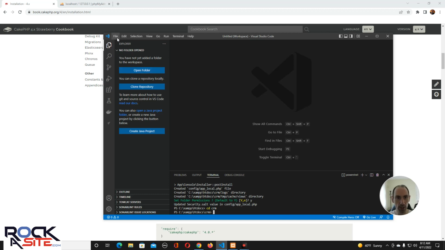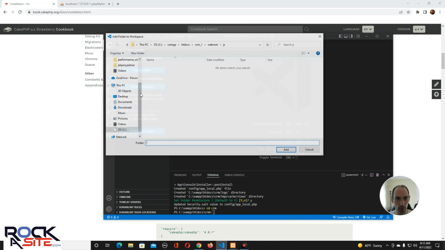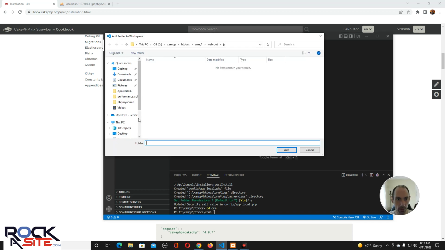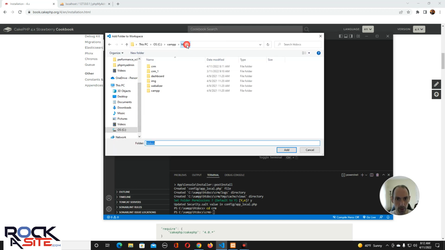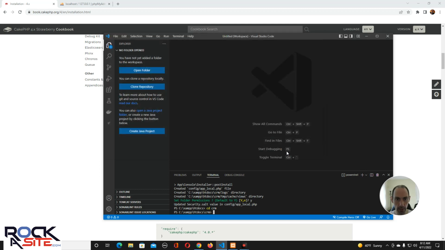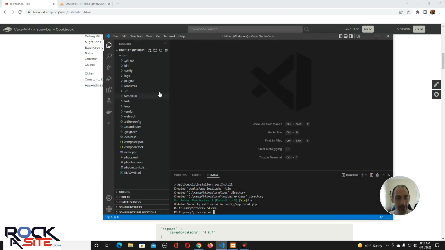So, one of the things we have here is we want to add the folder to the workshop, which is the CRM folder. Let's go over to CRM. So we're going to add that. Yes. And if you look, there's a whole lot going on. But all we need to do to run this is bin/cake